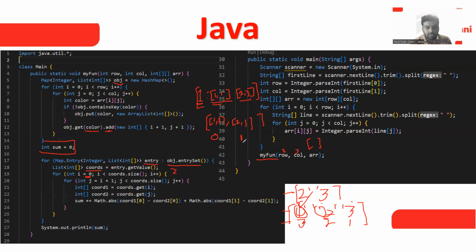Okay. So this is less than 2 and running. When i value is 1, then j value is 2. At that time our inner loop is not working. So these 2 for loops work only one time.